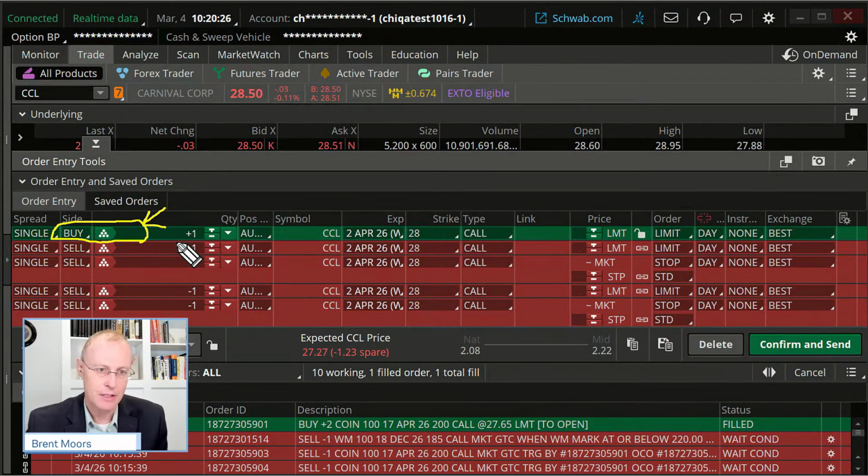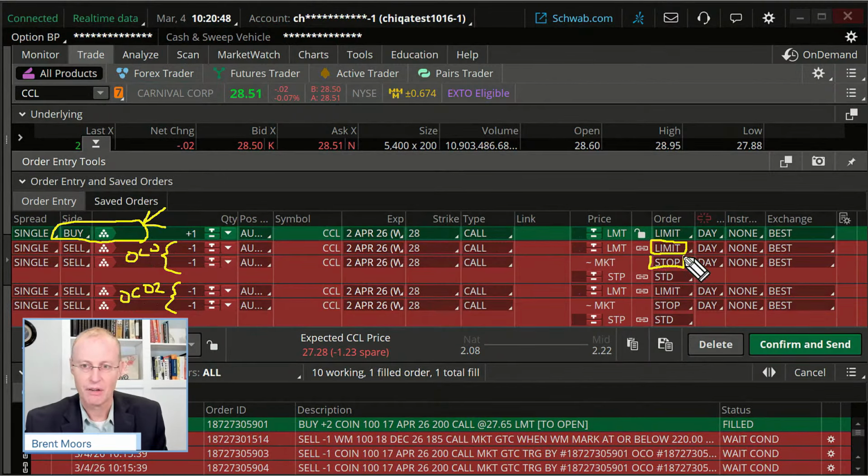But once that buys, we have our first OCO and we have our second OCO. I'll put OCO 2 there for these two. So this is my limit price in my first OCO, or limit price is going to be the target. Stop price is going to be the scenario to try and protect us, but it's not a guarantee on that. Limit price, target, stop is to get us out there. Let's do this.